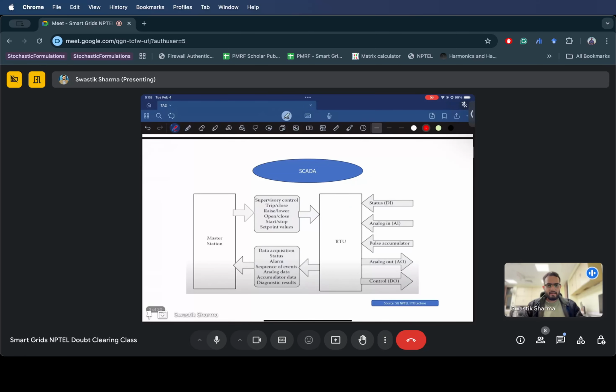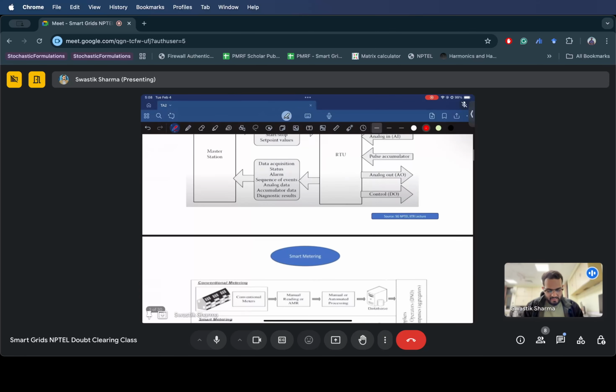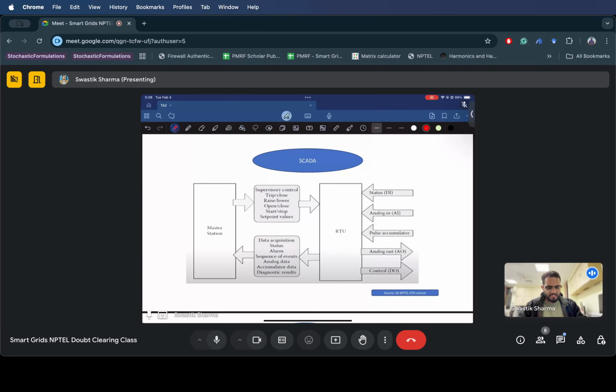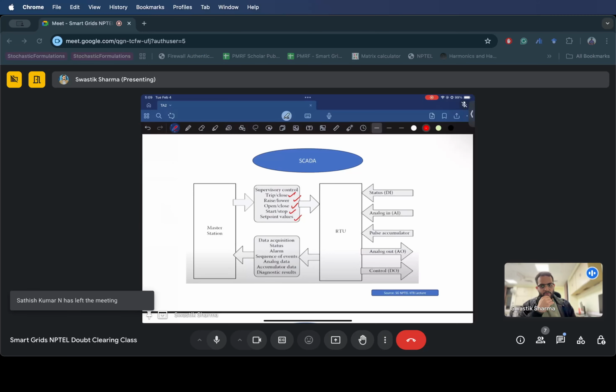Now, a basic block diagram of SCADA is something like this. You have a master station where you want to issue commands, so you want to do supervisory control. What I mean by supervisory control is you want to, let's say, trip or close some relay or circuit breaker. Then you want to raise or lower your OLTCs, on load tap changers, so you want to raise or lower their taps. You want to open or close some sectionalizers or switches. You want to start or stop something. And you have to set some set point values at certain locations, right? Everything works with regards to a reference value, so if you want to change set points,